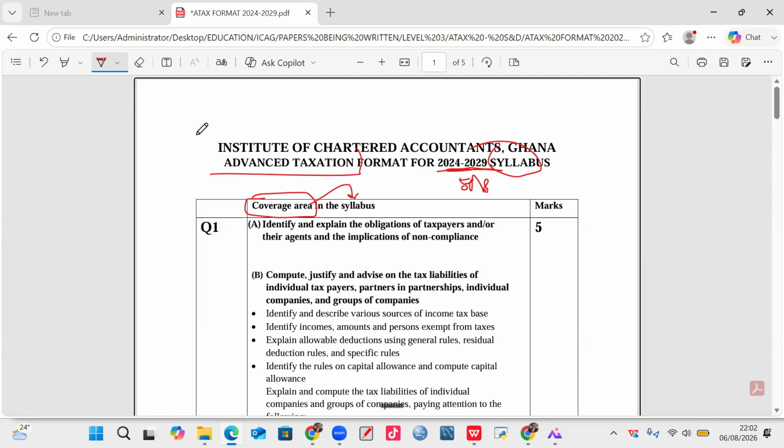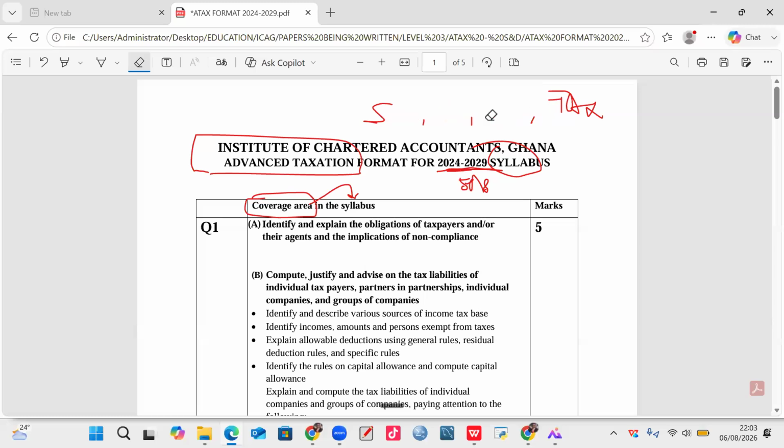Okay. So like I said, on Sunday, we had a general class. Monday, we had a meeting with the strategy case study students. And Tuesday was corporate reporting. Wednesday was advanced audit and assurance, all the level 3. And today we are doing ATAX. So all these are the level 3 papers. Next week, tomorrow, God willing, I'll have the level 2. We're starting with financial management, PSA, and that.